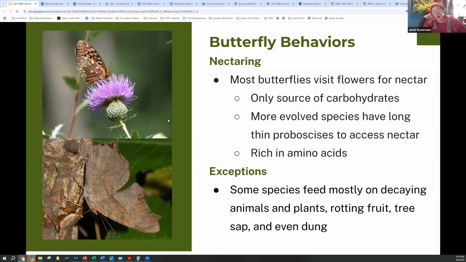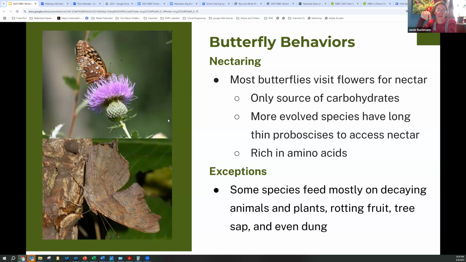Here's another one, an exception. Some species do feed on decaying animals and rotting fruit and tree sap and even scat.